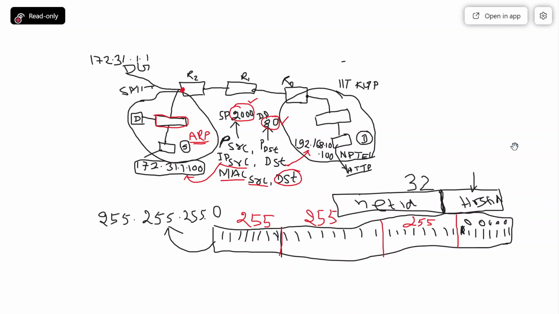This is 255, 255, 255, and the last one is 0. Okay, so how many bits are set in the subnet mask? First 8 bits, then next 8 bits, and then the next 8, so the first 24 bits are 1 and the remaining last 8 bits are 0.